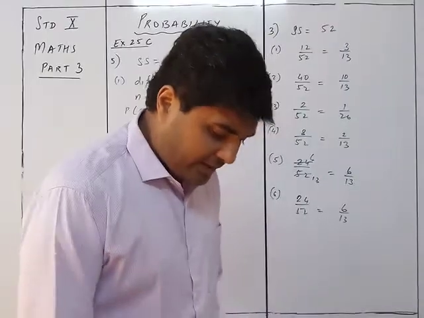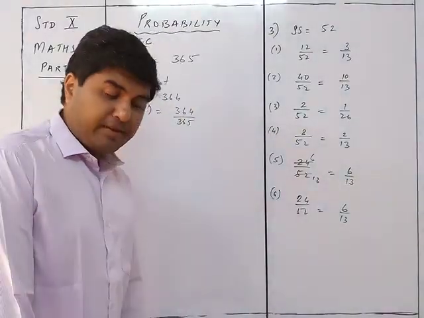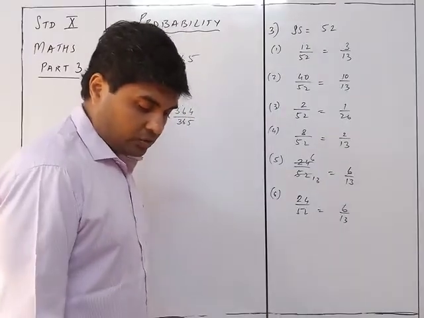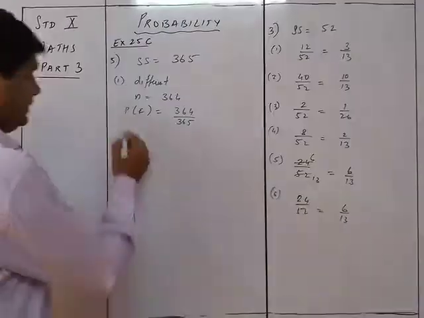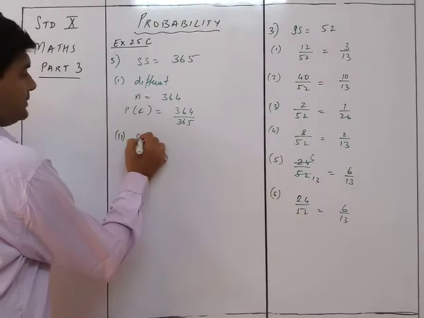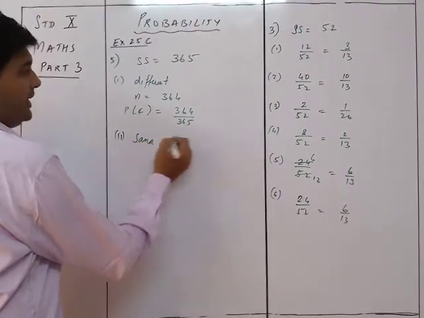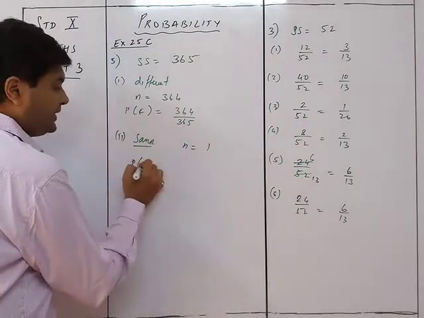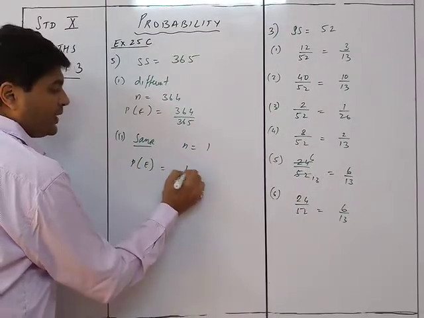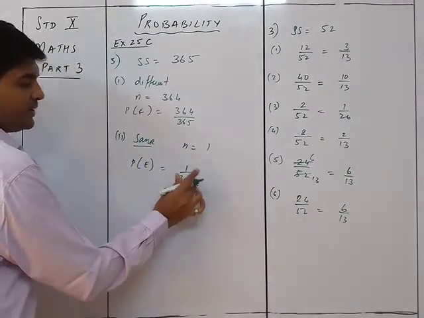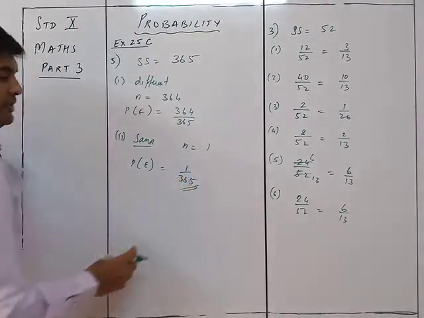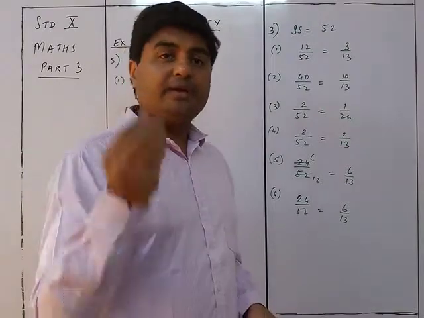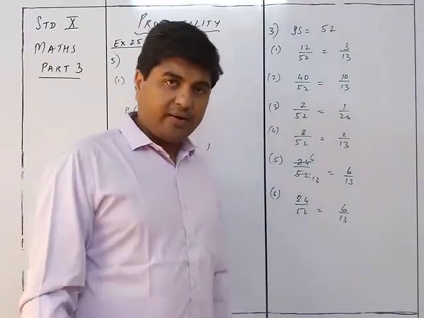the other one is the probability of the same date. Same date means any one date. So n is equal to only one. That is only one option available for him, the same as my birthday. That is 1 upon 365. So the options are only one out of the different options. What is the option where B will have the birthday? That is on one day, that is on A's birthday.